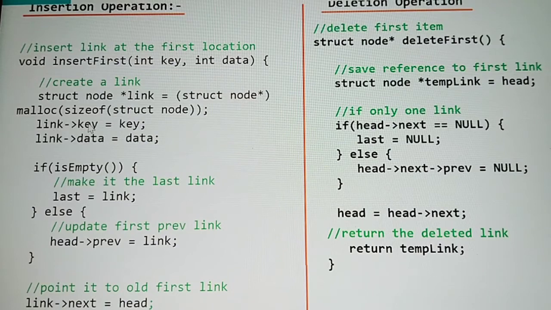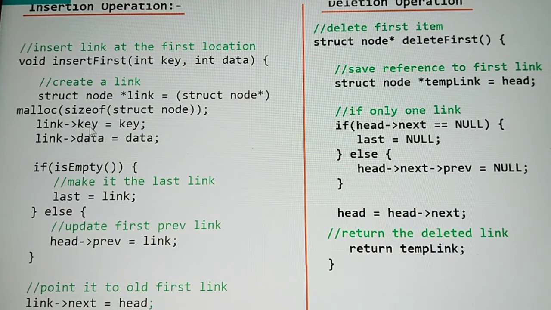Linking with key means the location of the next data, and linking with data means the element of the linked list. In my previous video I said that each part of a linked list has two parts. One part is the element part, and the next part stores the position of the next data, that is, the next element's location.